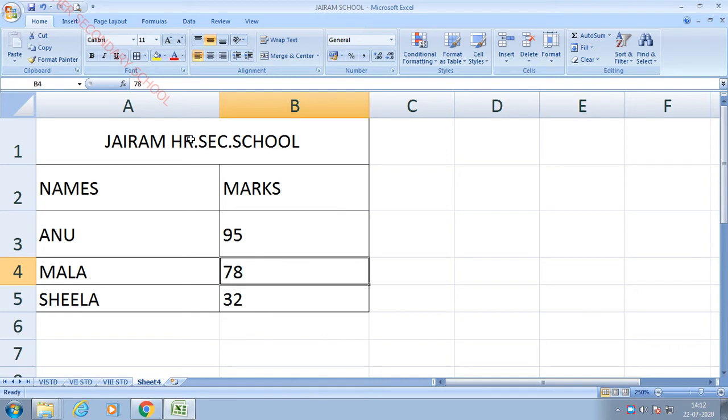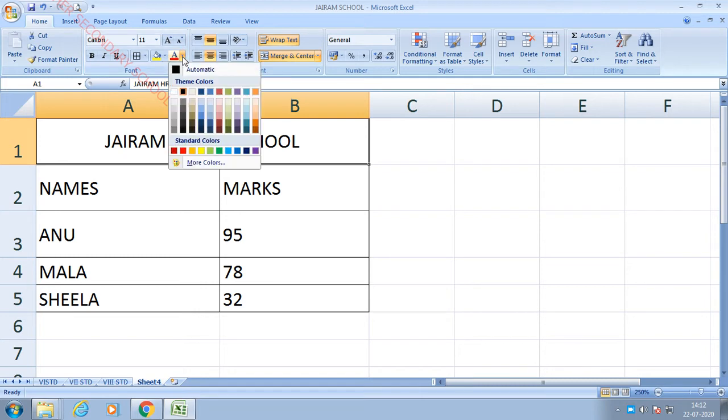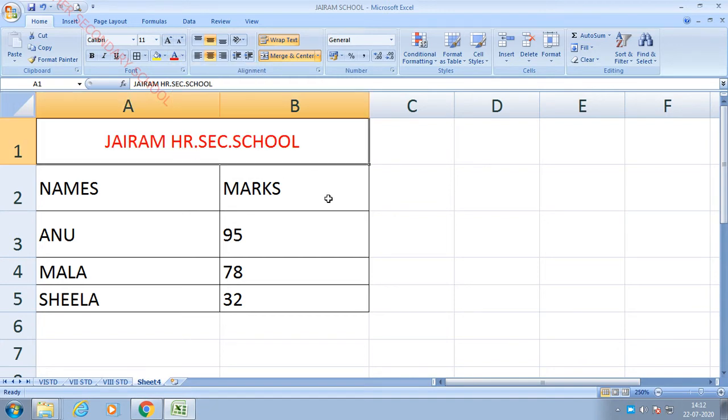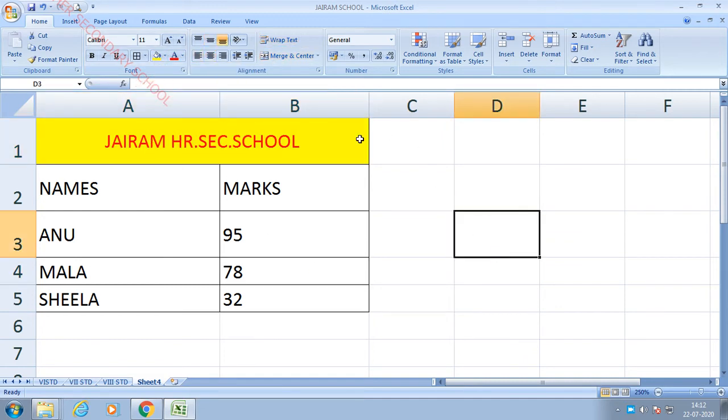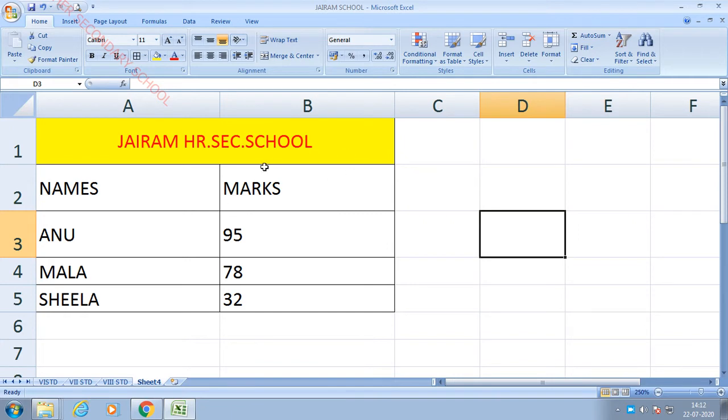If you like to change the color of this text, you can change the color. How will you change it? The A with underline is used for giving color to the font, color to the text. Once you click this icon, you will get a color palette. Here you can give a color as you like. So I'm going to give red color here. So it becomes red. Okay, so next, if you like to give a background for this title, you can give it. First you have to place the cursor here, then click this background option. I'm going to give yellow color. Can you see the difference now? The background is applied at the background of the text.